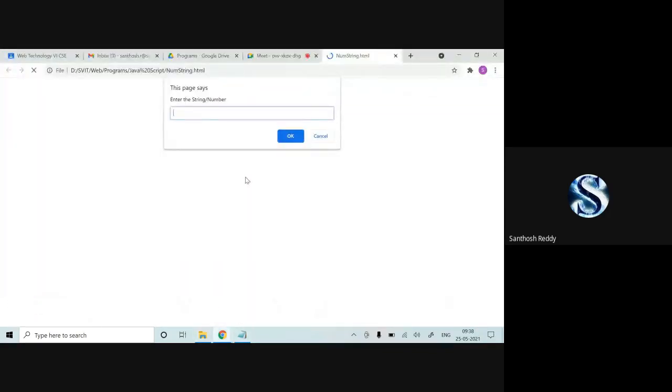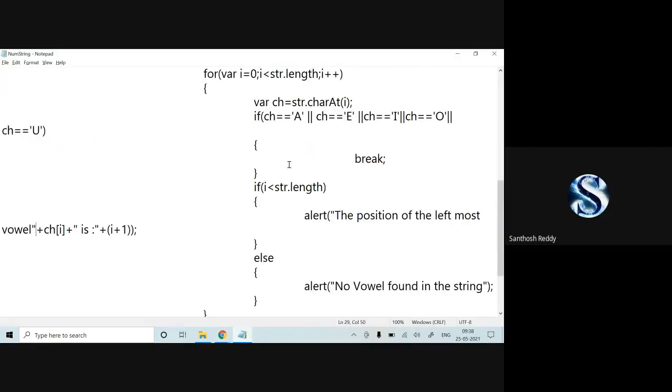See, now we got it. I'll enter web technology. Now along with the position, the character is going to be displayed. You can check it out. Okay, it has come out with a W. I'll change the string name, ch of i. Oh, it is incrementing here itself, so again it has decreased to i. Sorry. And declare it like this only. It is fine for this.